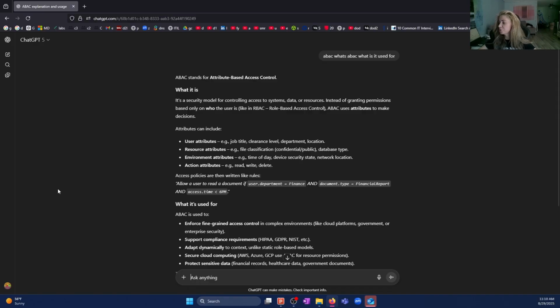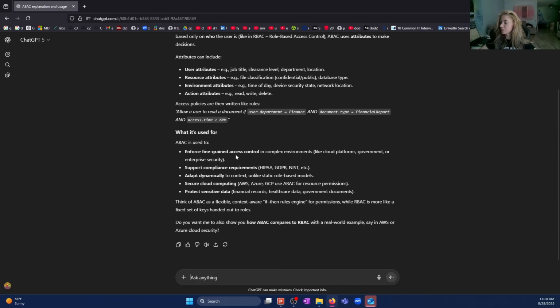What it's used for: enforce fine-grained access control in complex environments like cloud platforms, government, enterprise security, support compliance requirements, adapt dynamically to context, unlike static role-based models, secure cloud computing, protect sensitive data.